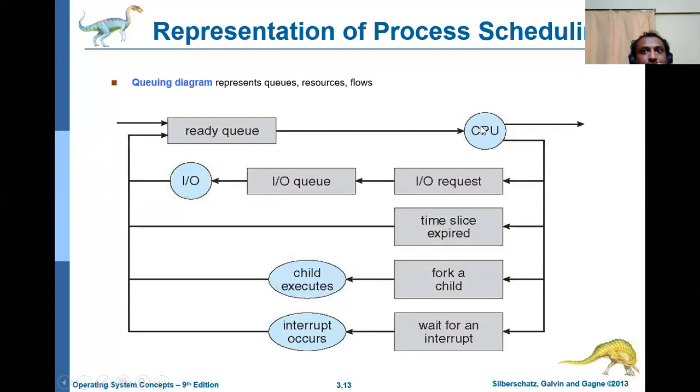If it requires another resource, what resource does it require? Does it require an input output request? Then it is sent to the input output waiting room. If it requires a time slice, that is, it requires some time to execute, for example, if I'm playing an audio song that lasts 5 minutes, it has to continue its process for 5 minutes. That is called a time slice, and it expires after the time slice. Then we have one more thing called pocket child, which I'll explain.